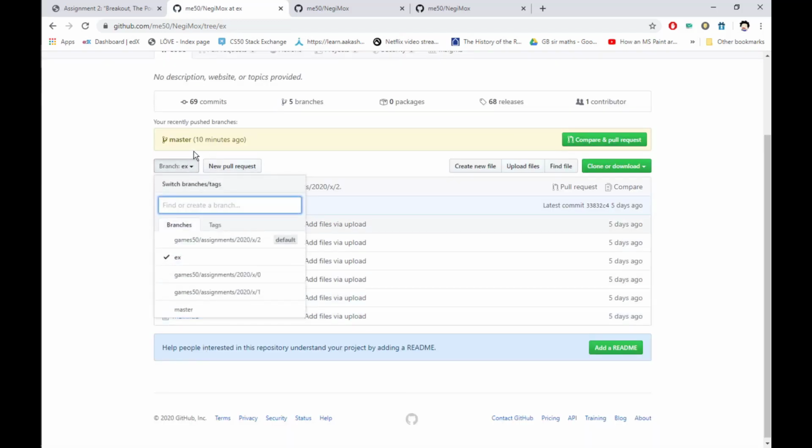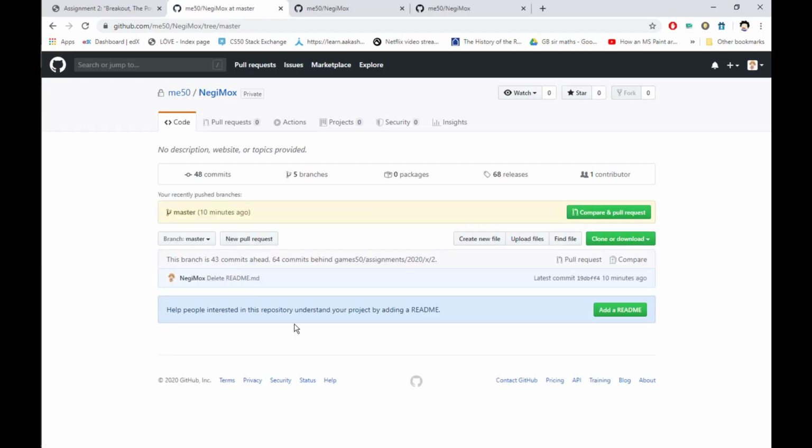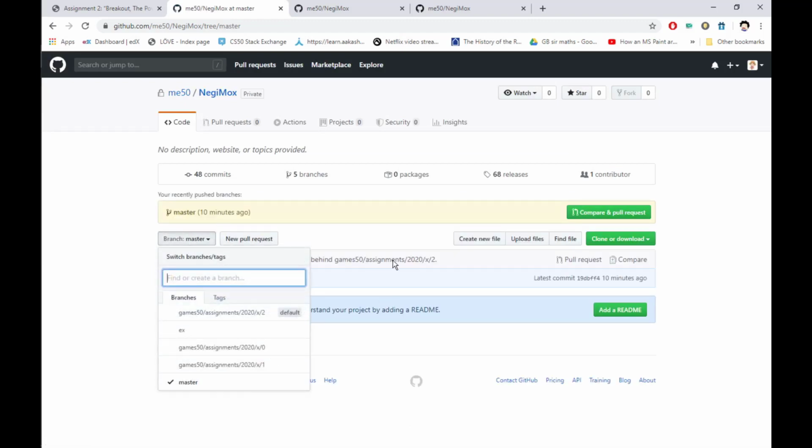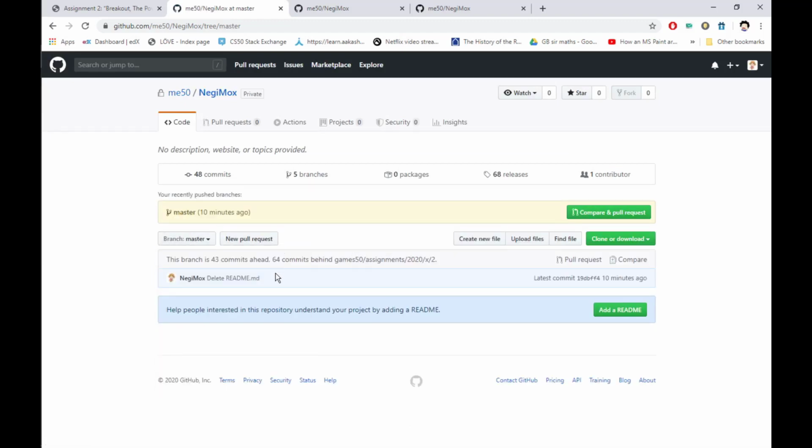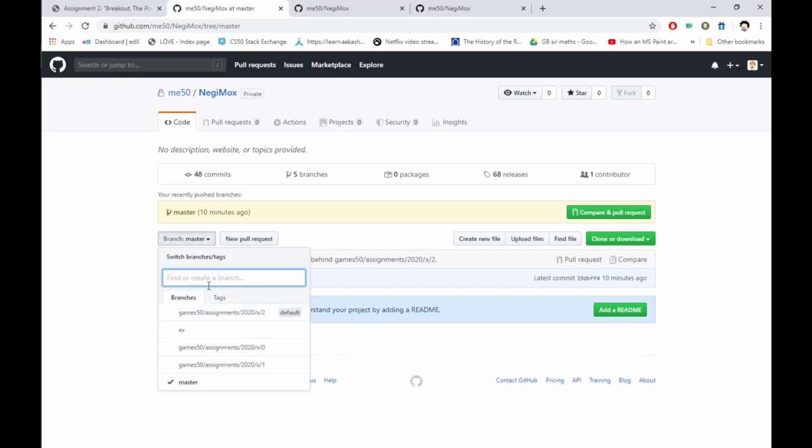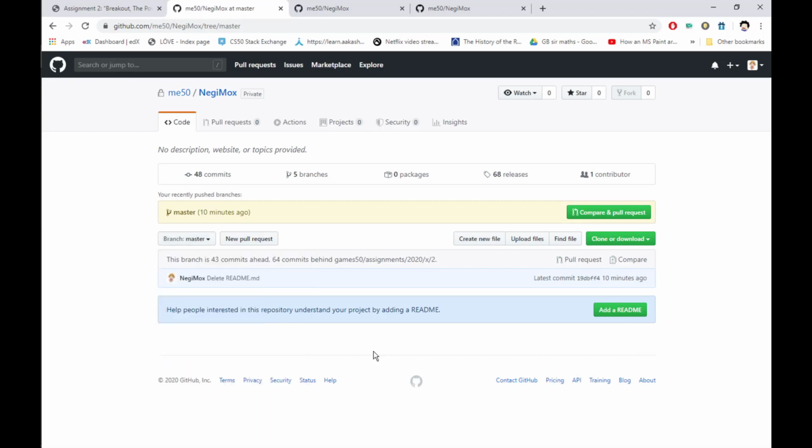So what you should do is create a temporary branch which would be completely empty, which I have here, which is my master branch. And what I do is every time I create a new branch, I just go to this master branch and paste that name. I won't create a new branch as I have already created it, but if you don't have it, it would show something like this: create branch games50. Just click on it. It would create an empty branch like this one.